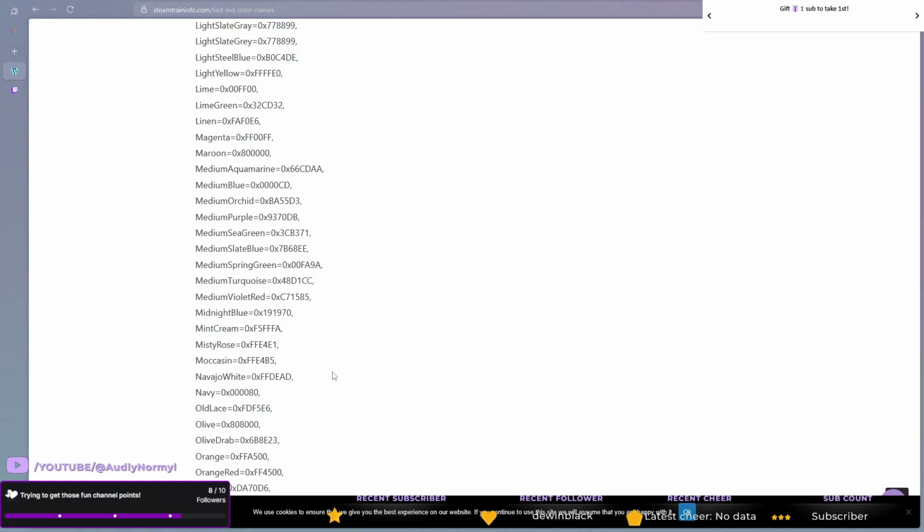That's true. This is literally the same color. I don't think it understands what green is, guys. I really don't. But let's test it.